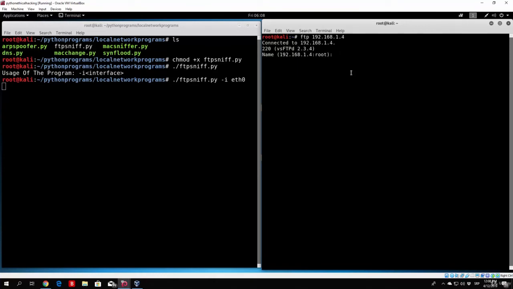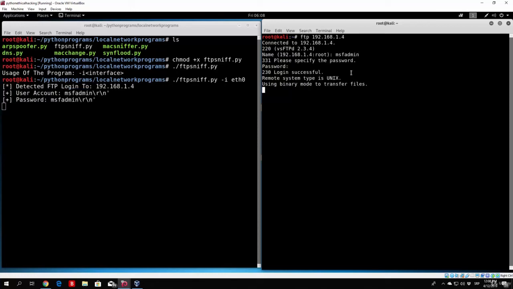FTP 192.168.1.4. It will ask us for the name. Now I have no idea, I believe it is msfadmin, and msfadmin as a password. We can see login successful, but we can also see in our second terminal that we've received a detected FTP login to this IP address, user account msfadmin, and password msfadmin. So we successfully sniffed the username and password,